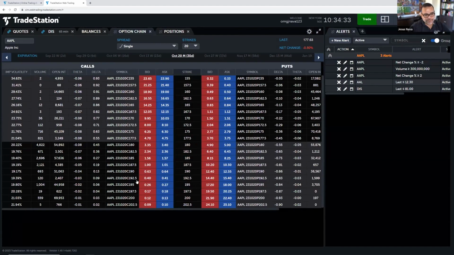The symbol gives me a view of what I would need to type into the quotes window. So let's say, for example, we're tracking the price of the 175, which is trading at $6.30. One options contract is about $635. Maybe you're looking for something cheaper. Maybe you're tracking the price of that particular option and you say that if it drops below $5, then you'd be okay buying it. So this is the symbol for it, AAPL 231020